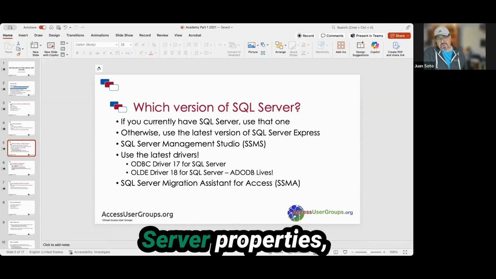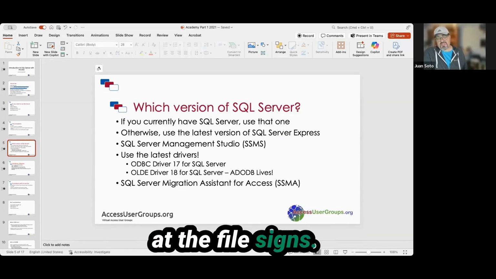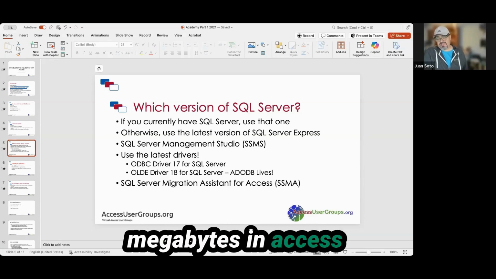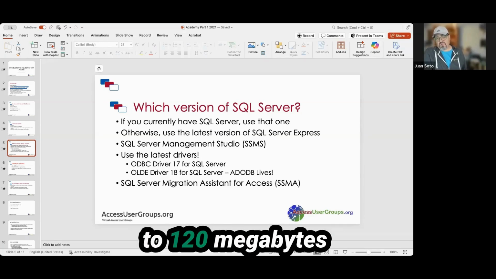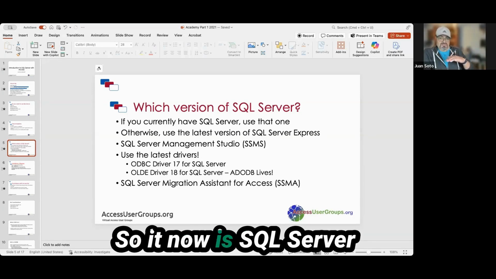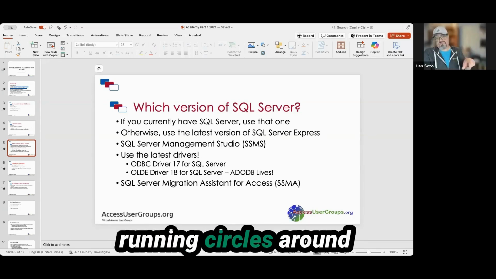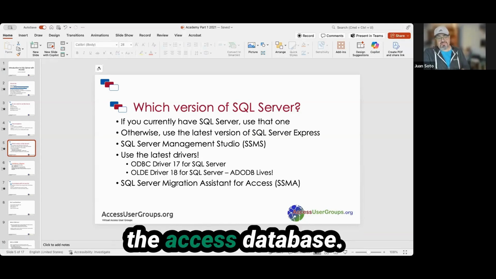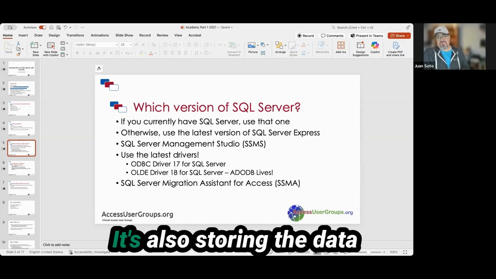So I went into the SQL Server properties of the database and looked at the file size. It went from 500 megabytes in Access to 120 megabytes in SQL Server. So not only is SQL Server running circles around the Access database, it's also storing the data much more efficiently.